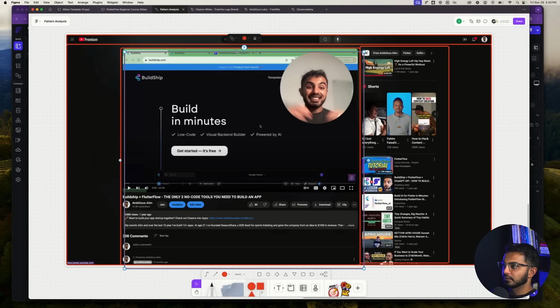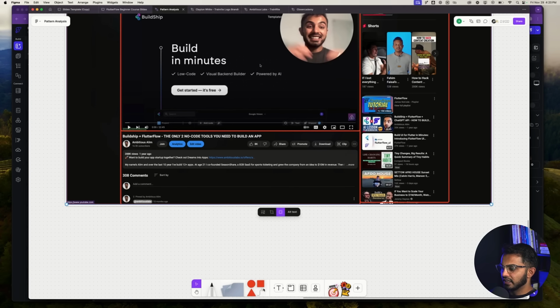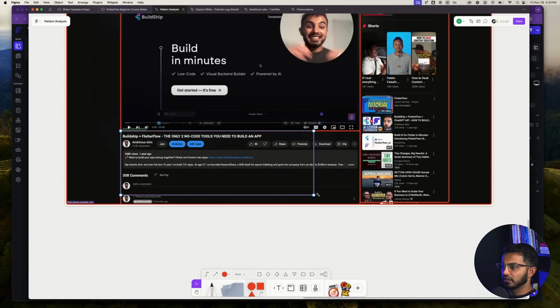And then we have this as a row over here that's laying out this stuff top to bottom. Excuse me, within this column, we have 2 rows. This row is the video row. And then underneath here, we also have another row that contains all of the video details. Then we have another row that contains some of this information.